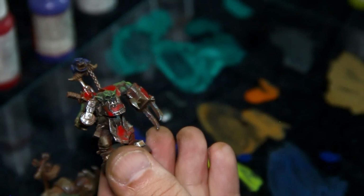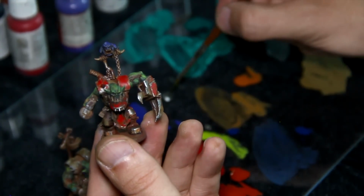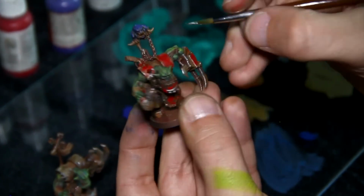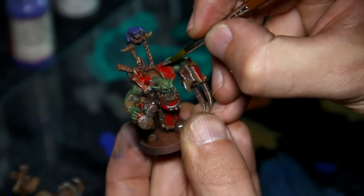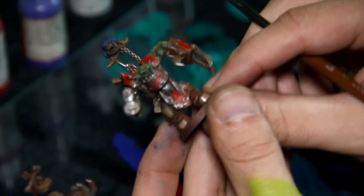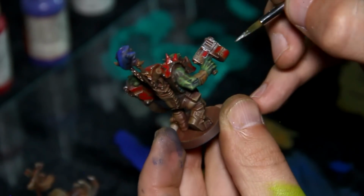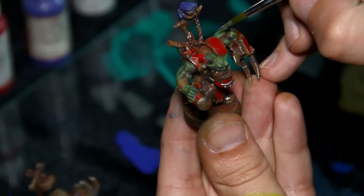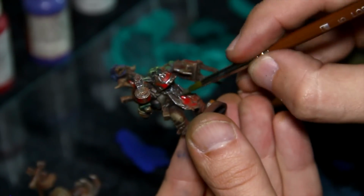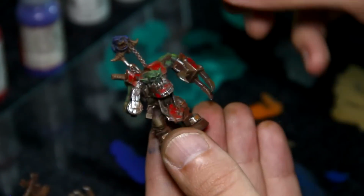So that's pretty quick. Now the armor looks like it's even more damaged and chipped, and if I want, I can go back in with a metallic and add another scratch in there, which is going to be a cool effect. Or I can add kind of pock marks and stuff like that. So yeah, scratch marks look really cool, and it adds another layer of realism, kind of a realistic weathering effect. So I'm happy with that,